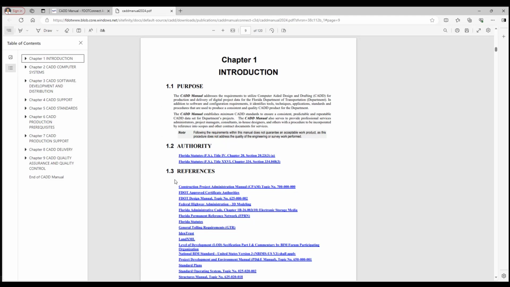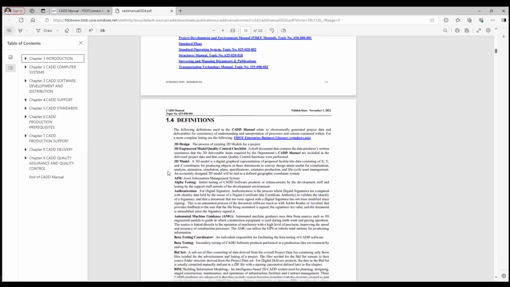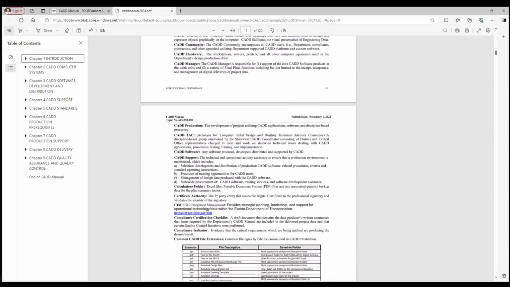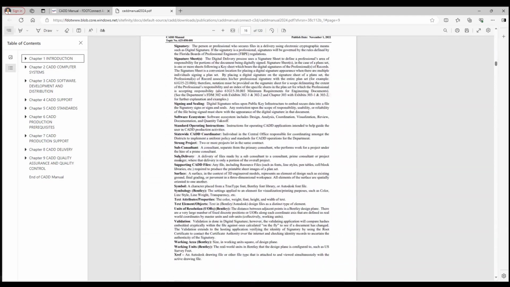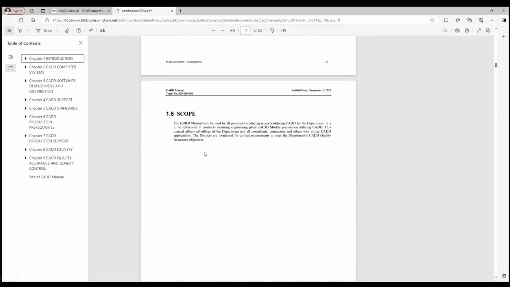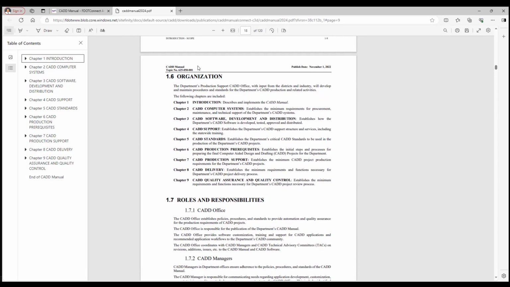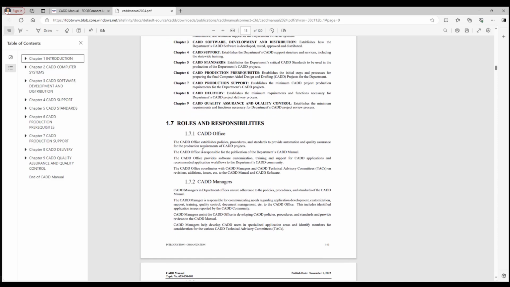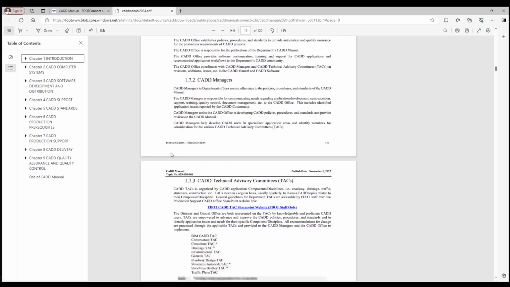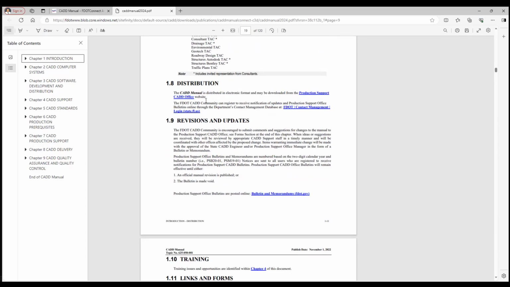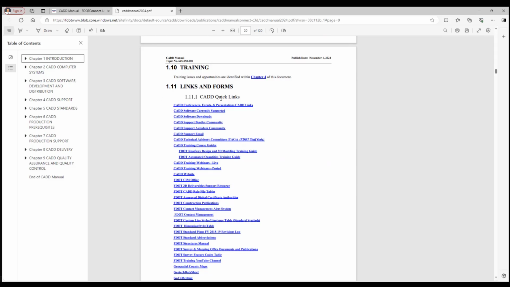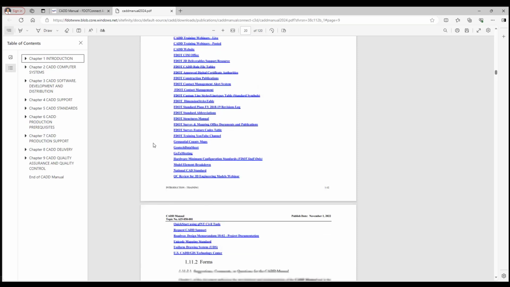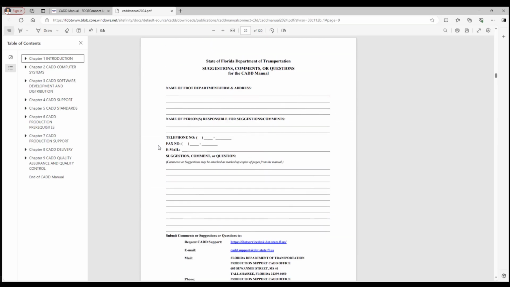We can kind of go through this and see the definitions, information about the scope, the organization of the manual, roles and responsibilities, distribution, revisions and updates, information for training, links and forms, suggestions and comments or questions,